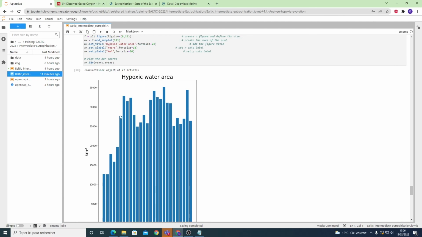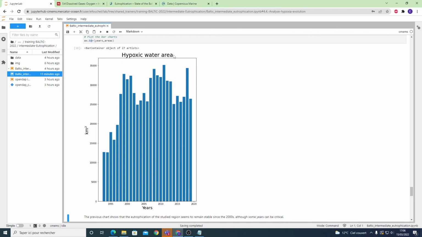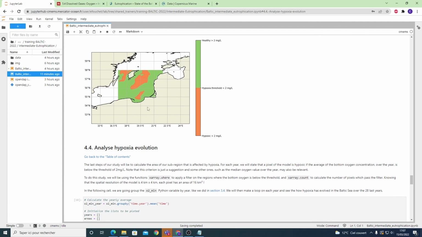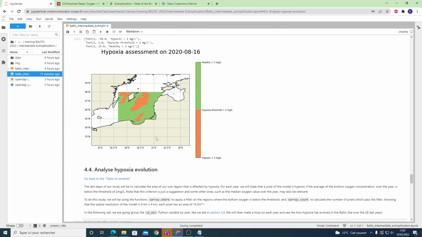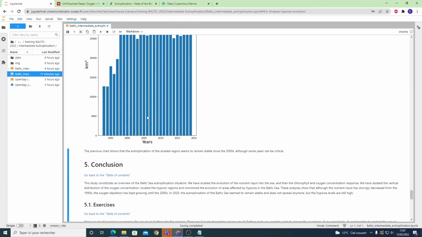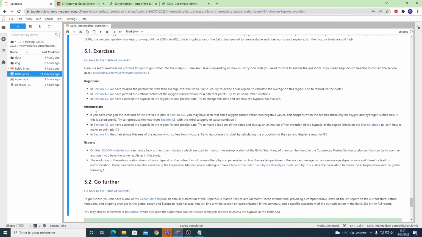On this chart, we are plotting the hypoxic water area, and the units are kilometer square. But it may be interesting to have this chart as a proportion in percent of the Baltic Sea that is concerned with hypoxia, and it may be interesting to see how the proportion has evolved rather than the area has evolved. So these were for intermediate level